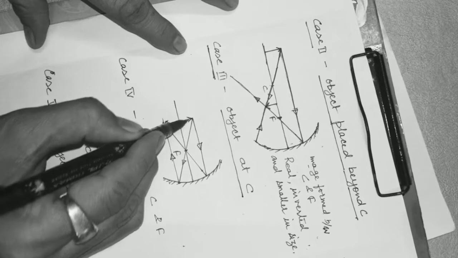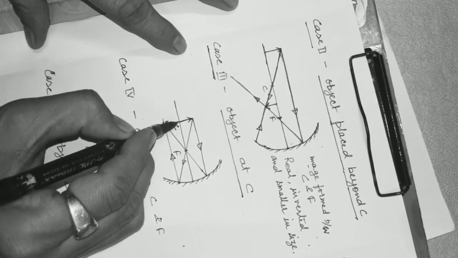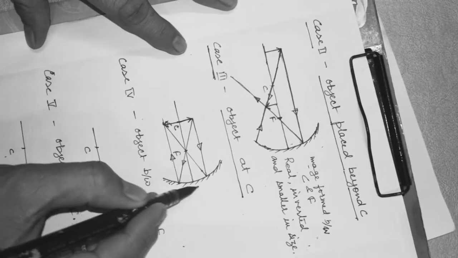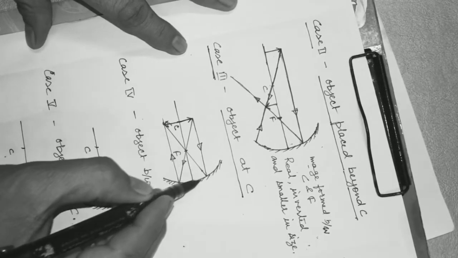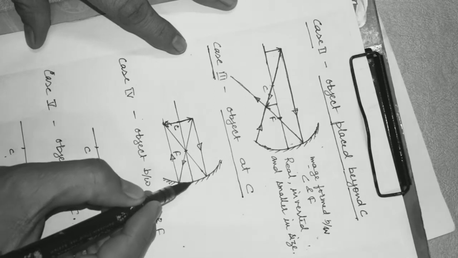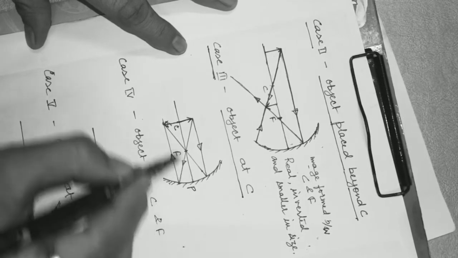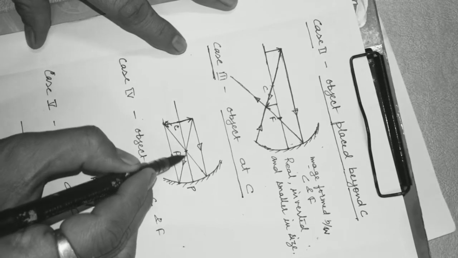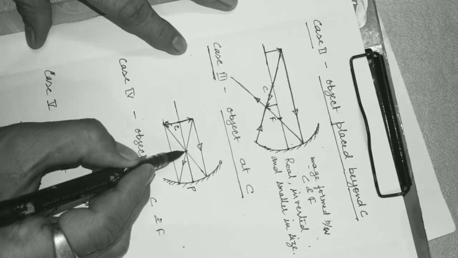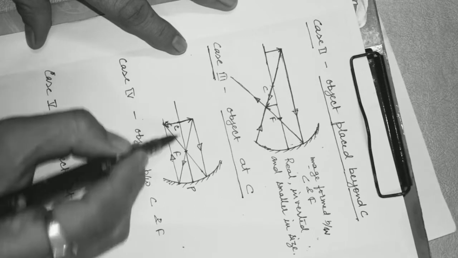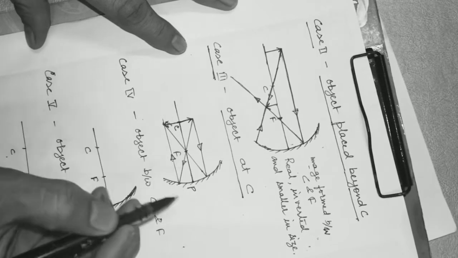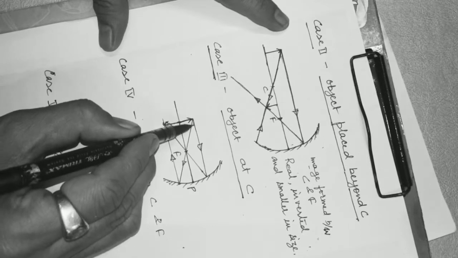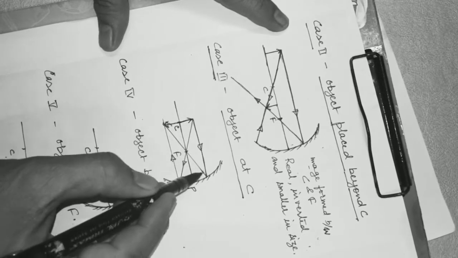This is a unique case and you have to draw the ray diagram of this case very carefully. When you have to make a ray diagram, draw a mirror like this and make a center of it, principal axis, but these distances you have to always take equal. The distance between pole and focus and center of curvature should always be equal, otherwise the ray diagram will be wrong. So any ray parallel to principal axis after reflection